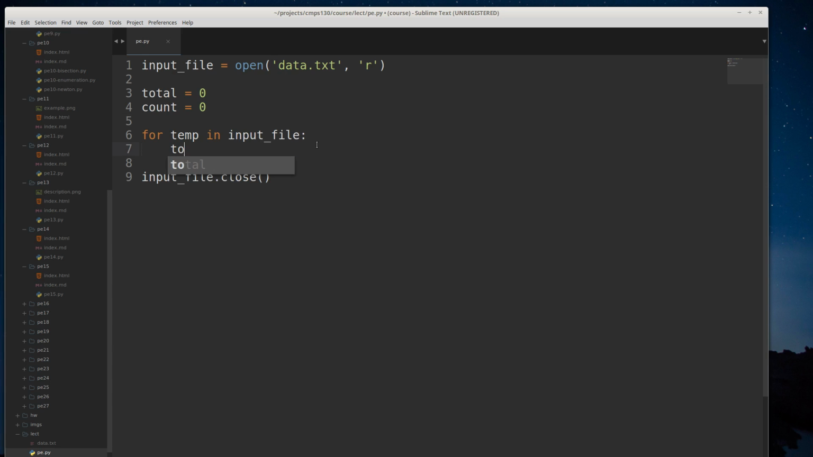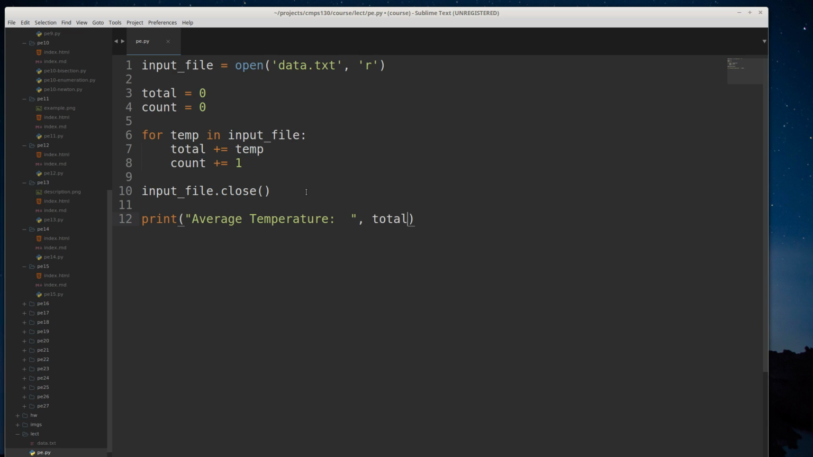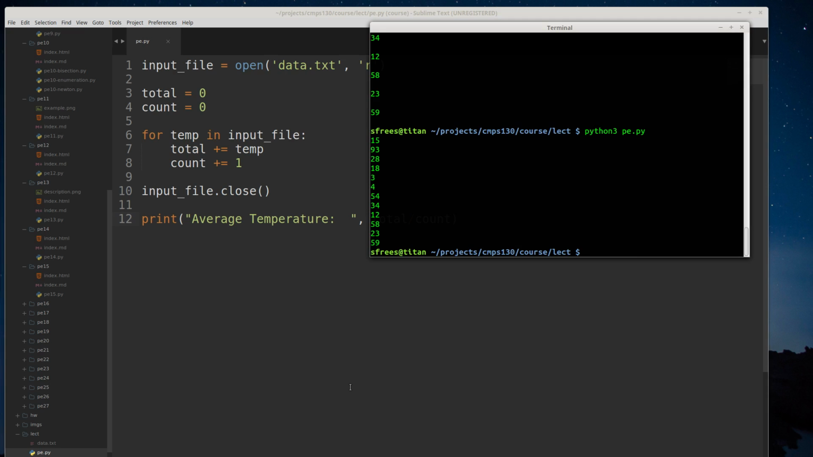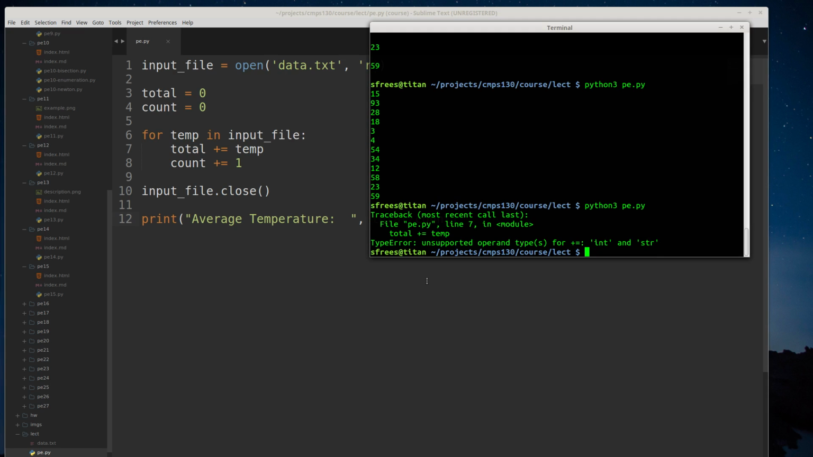Each time I see a value, I'm going to do total plus equals temp. All right, so I'm going to add temp to total. And I'm going to do count plus equals 1, meaning I've seen another value. At the end, I can print average temperature and do total divided by count. If I run that, I'm going to get an error, and it's going to say,